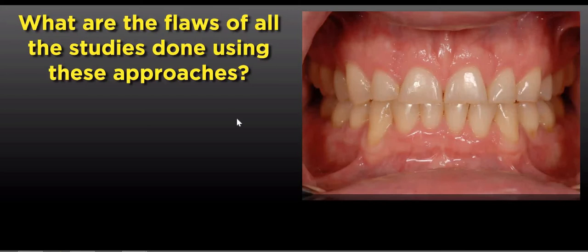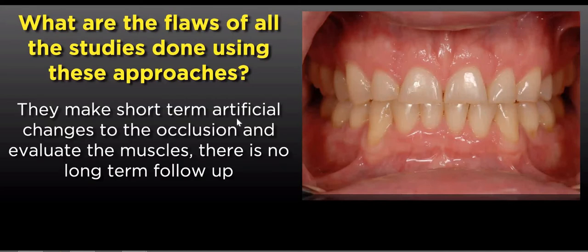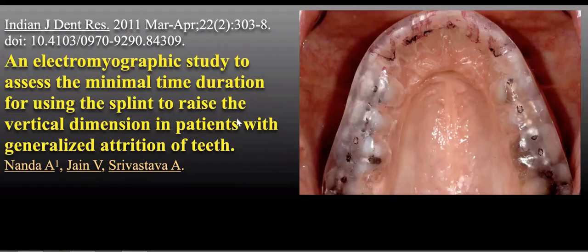In other words, do the muscle changes you see in this relationship when you build a cuspid up during an appointment, is that muscle activity change still there 3 months later? Or do the muscles go back to doing what they used to do? So there was no long-term follow-up, basically. Now, the challenge is when you go in the literature to try and really look for long-term follow-up, there's not a lot of articles. So this is an interesting one from 2011, looking at the impact of changing vertical dimension